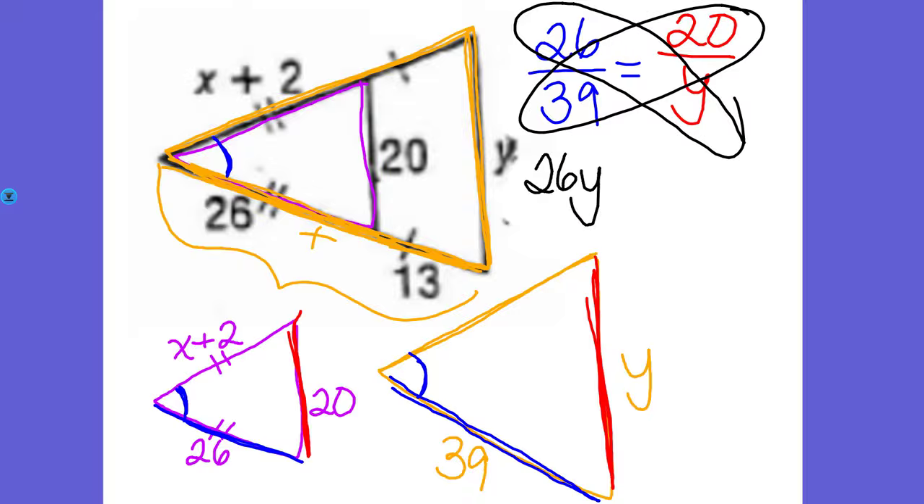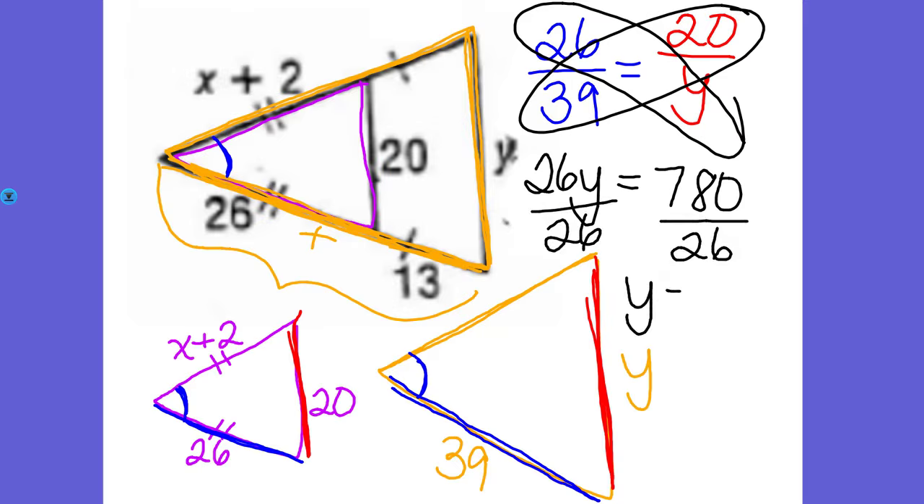26 times y is equal to 39 times 20, which is 780. Then I divide by 26 on both sides, and y is equal to 30. So this side right here is going to be 30,